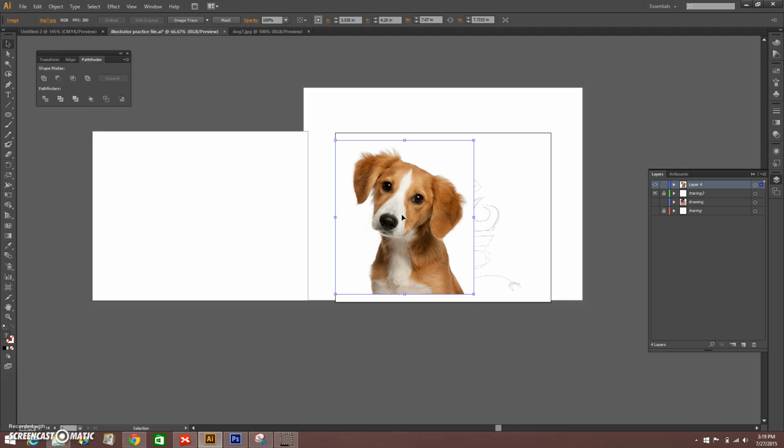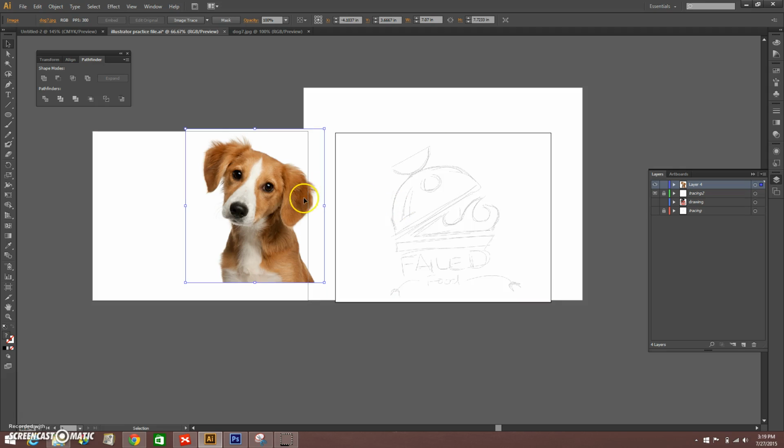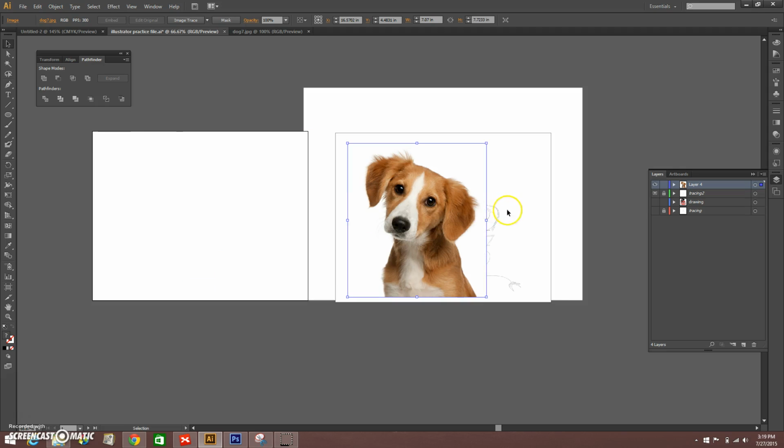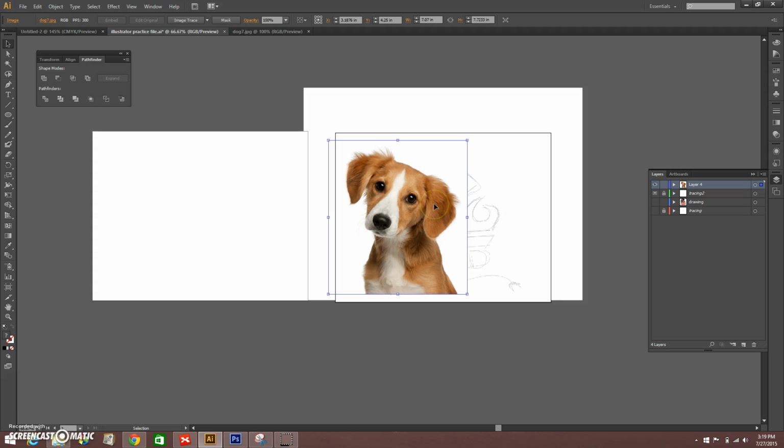So that's how you can bring in a photograph versus a tracing in Illustrator. Pretty simple to do. Don't forget you want to lock down that tracing layer, dim the image down to a reasonable amount. So again, so it doesn't take over the rest of your design, and we'll see you in the